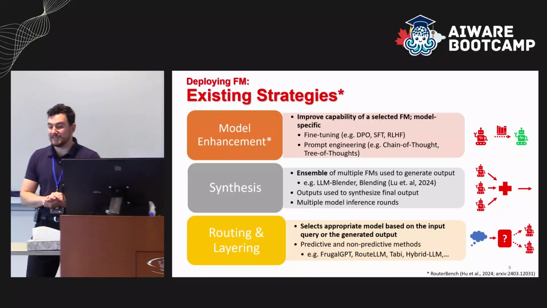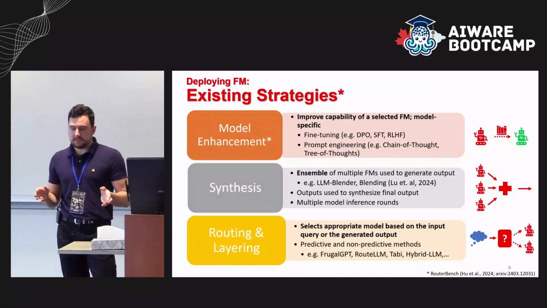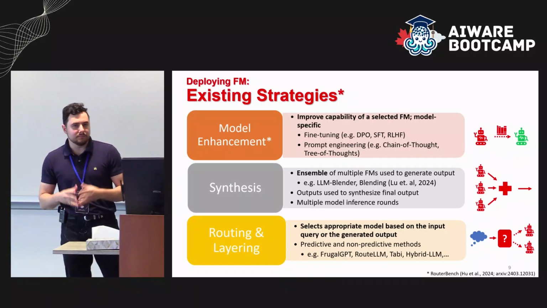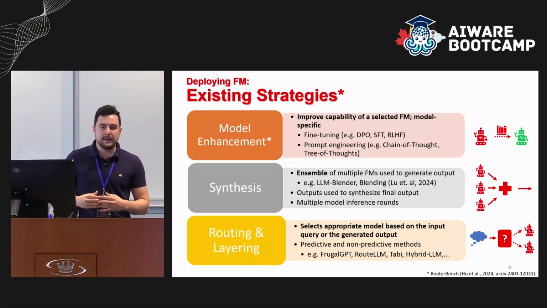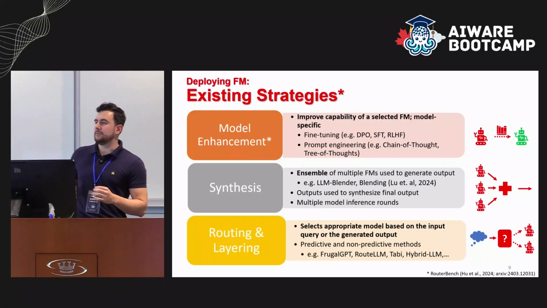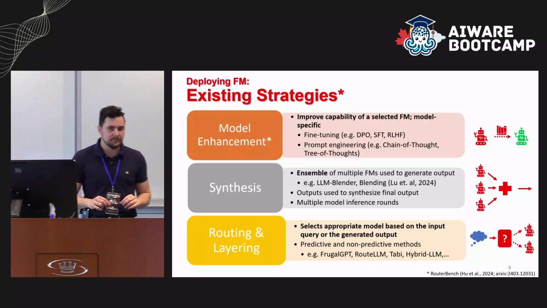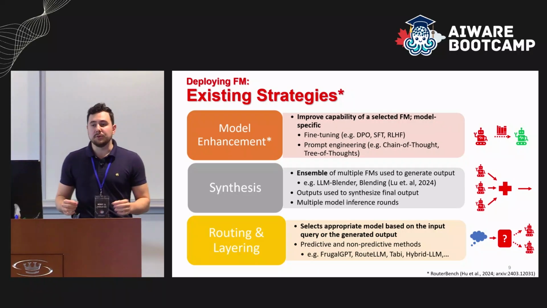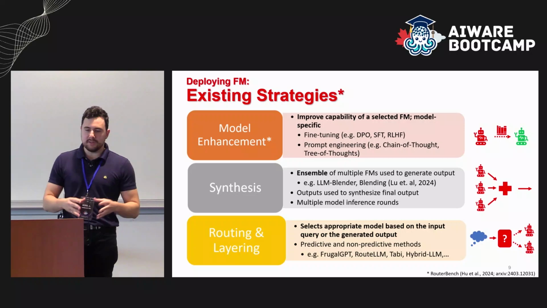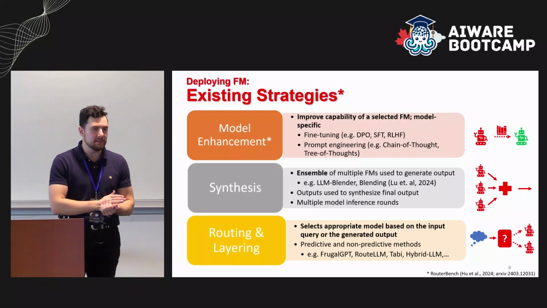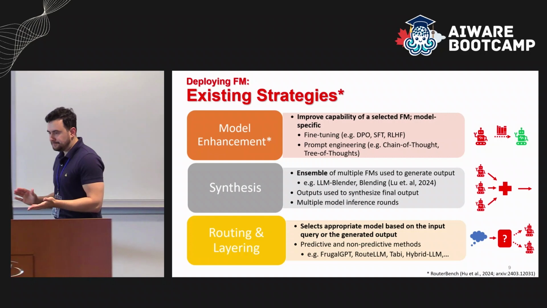You'll find in a second. There's typically two types, predictive and non-predictive. I'll explain a bit later, but the reason why I like this one is because we can avoid that initial model inference, which is expensive. And generating tokens is expensive at the end of the day, input and output. If we can avoid that initial step and just go directly to the model that we think is going to be the best, that's going to be the ideal case.